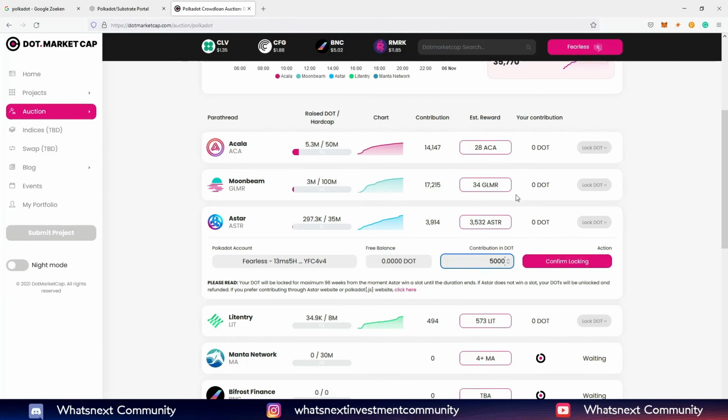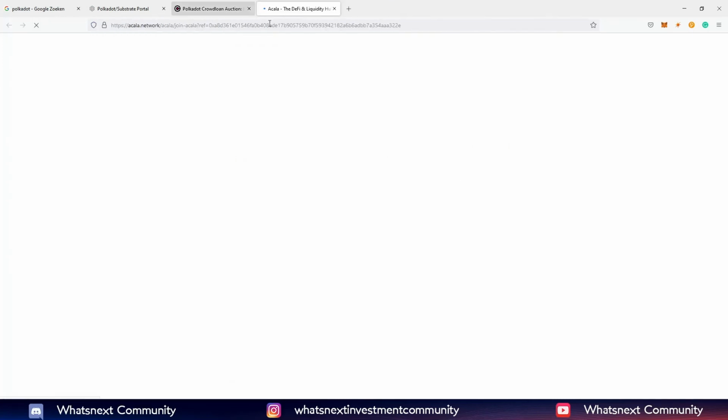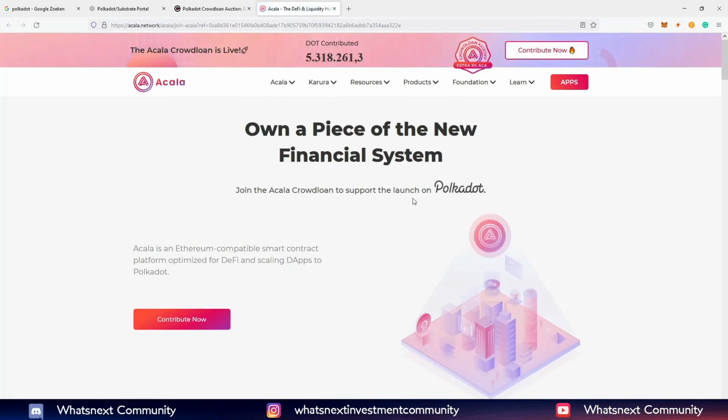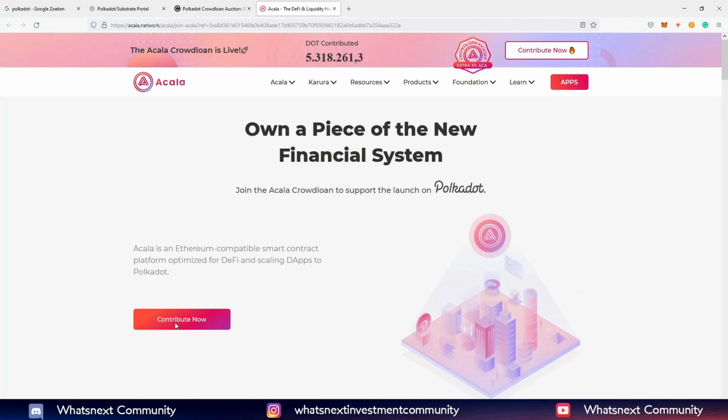But let's say we want to go a different route. Let's say we want to go to Acala and we want to go through their website. As you can see here, via their website, you get a 5% bonus. Let's click on that. This will redirect you to the Acala website and you actually can contribute now. As you can see, if you click on here,